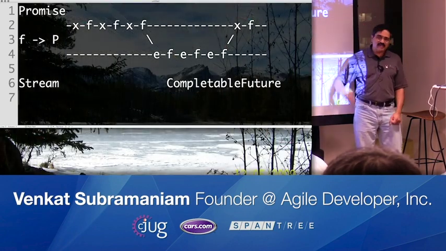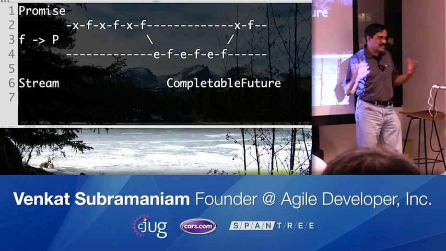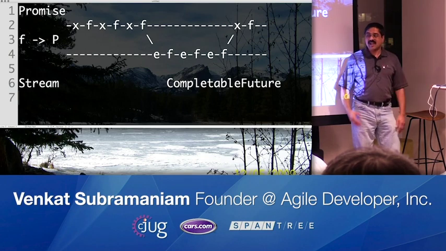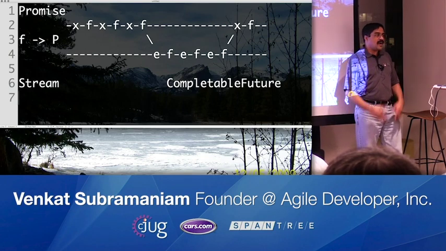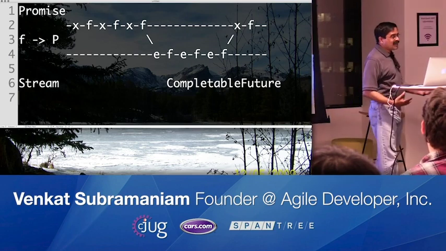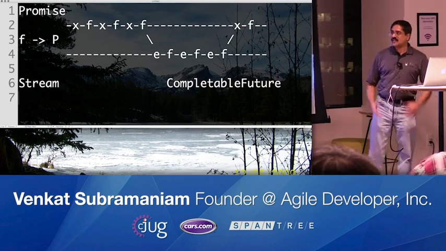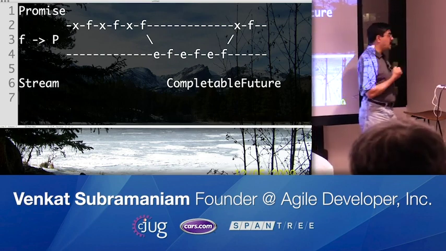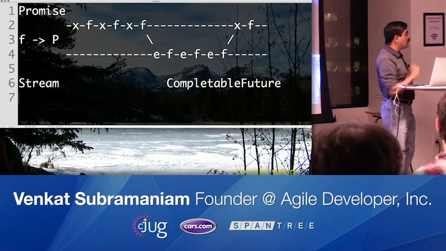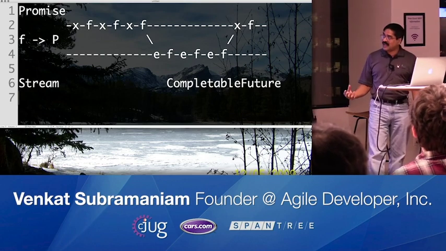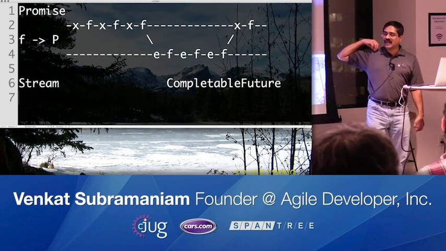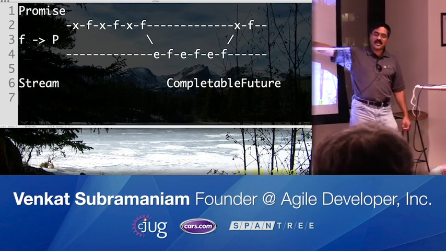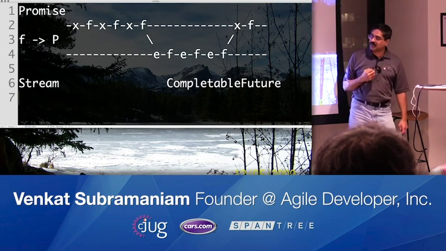Well, we know that streams cannot deal with errors, right? It's not designed for exception handling. If somebody asks you, how do you deal with exceptions in streams? The short answer is good luck. There is no real good way to handle that. Completable future is designed to deal with one piece of data or one piece of error, and that's what it's really intended for. It is really a request and response. You make a request and eventually you get a response through the completable future.